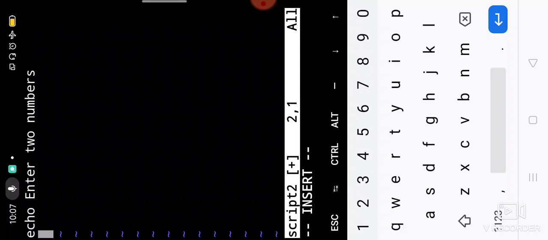Okay, echo enter two numbers. It is a prompt for the user to enter two numbers. In response, the user will enter two numbers, but they need to be accepted and stored into variables, right? For that purpose, you use a command called read. It is similar to scanf in C. So you say read x space y. Two numbers will be entered by the user, which you will read with the read command and store in two variables x and y. Then you will say echo